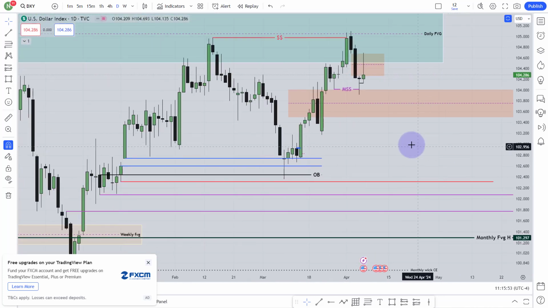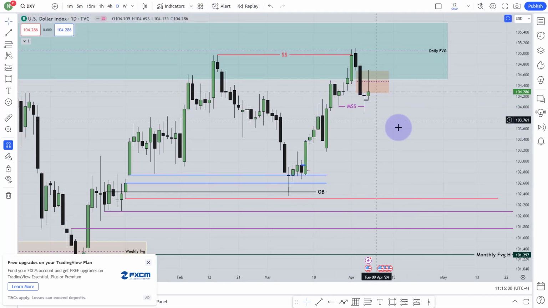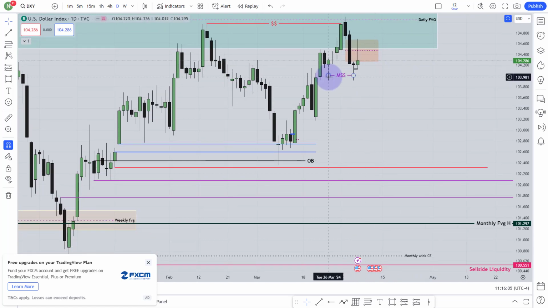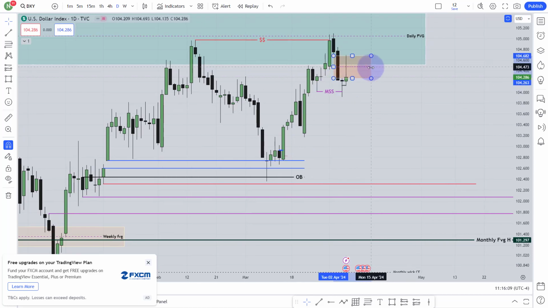Right now I will see from the daily chart what is going to happen. I'm going to remove this weekly fair value gap from my chart now. I would love to stay on the daily chart. So I'll look for the daily fair value gap and daily levels. Right now, if you see this bearish fair value gap, if it can hold the price and market can close below that low, see this low, by body. That means I would love to see a body close below that low. If I get that, then I will start to think market is coming at least until that daily fair value gap.